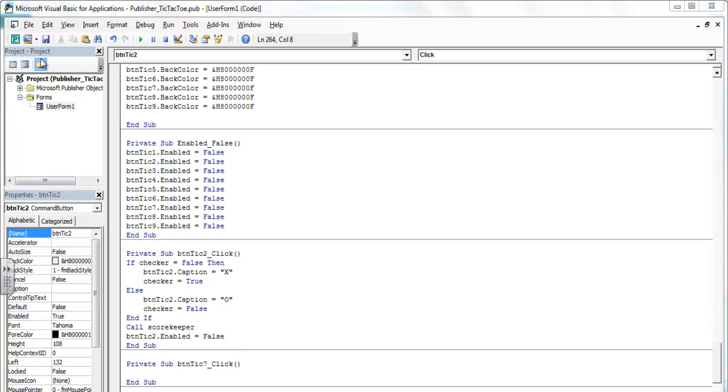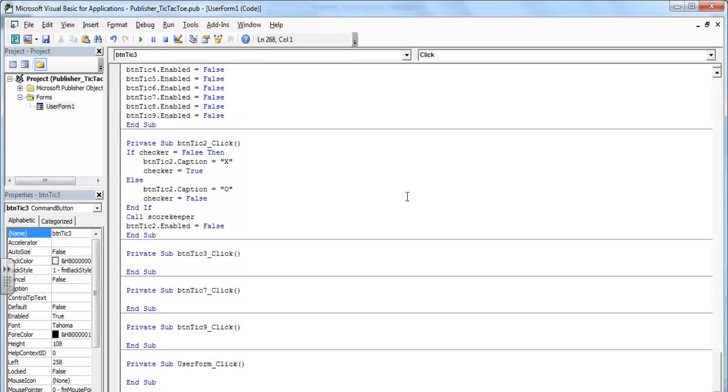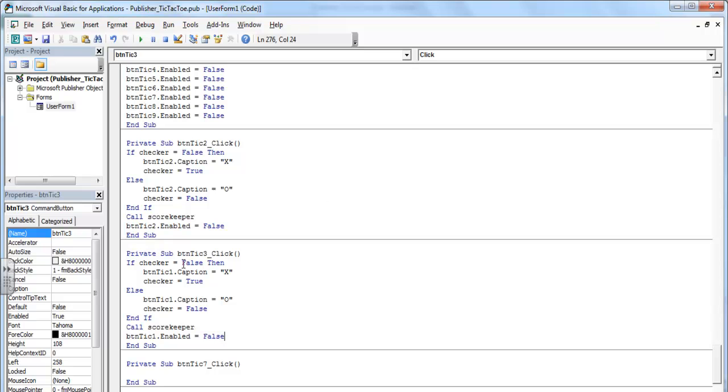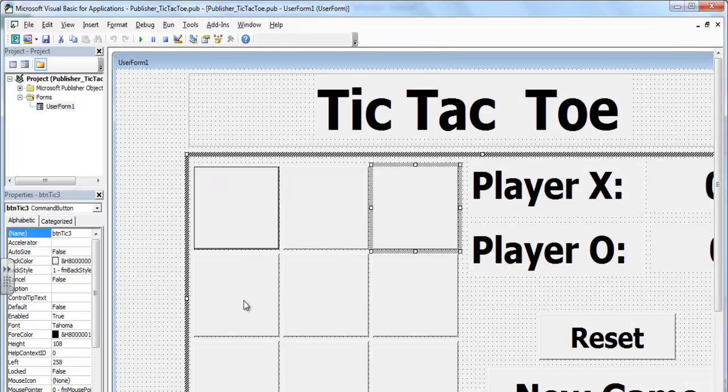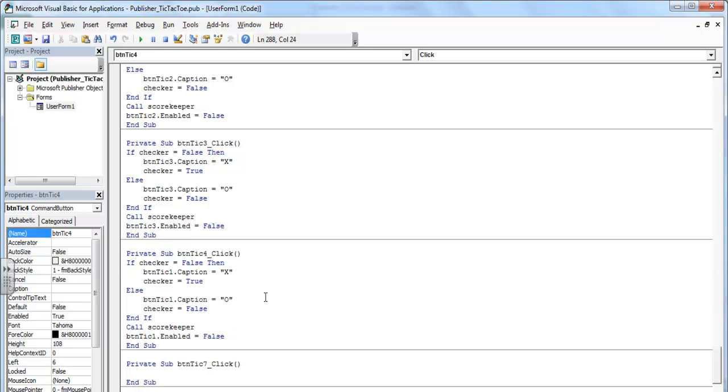We're going to repeat exactly the same thing for button number 3. Come in here, double click on 3, paste, change the numbers, button 3 there, and number 4, paste, 4, 4, and 4,